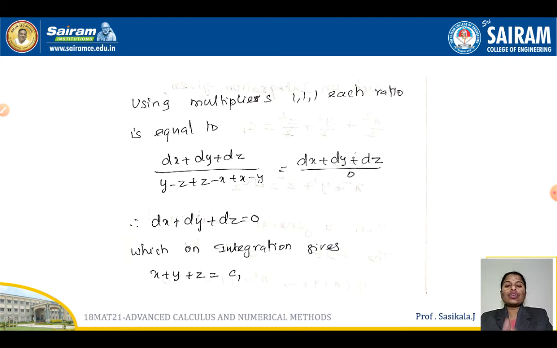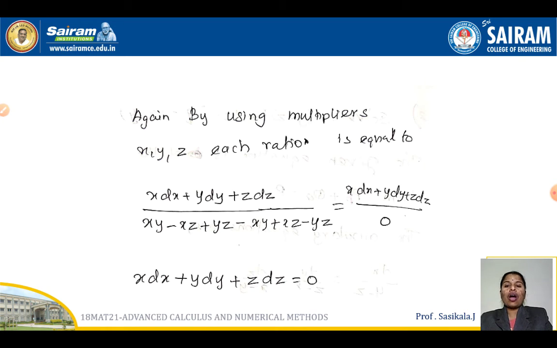For v, I can choose another set of multipliers, k1 dash, k2 dash and k3 dash. One has been done already, so for the next one I am going to use multipliers in terms of the variables. I can choose x, y, z: in each ratio, k1 is x, k2 is y, k3 is z, I am assuming. Because it is easy to integrate, and you see the denominator easily gets 0. So I can choose it. Got it? Okay.